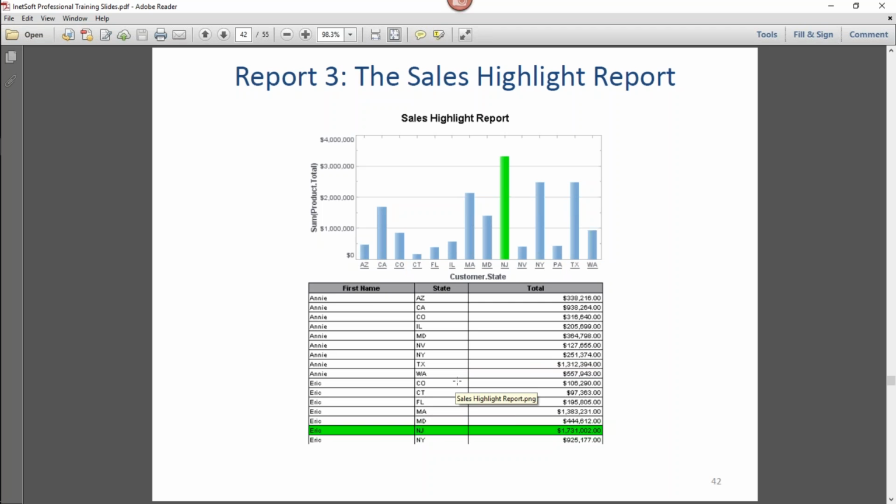It's not the only way to build a table, but we'll use it in this case. I also want to add grouping to this table. I don't want all of the detail records, all of the individual sales. What I want is groups of sales grouped by the salesperson and by the state. So you can see here that I've got a group of Annie's sales in each of the different states, and then the total of all of Annie's sales in that particular state, which is not just one sale. Annie has a lot of sales in each state, maybe hundreds, and I want to total up all those sales for that particular state. So it's a grouped and aggregated table, and then we'll add a highlight.